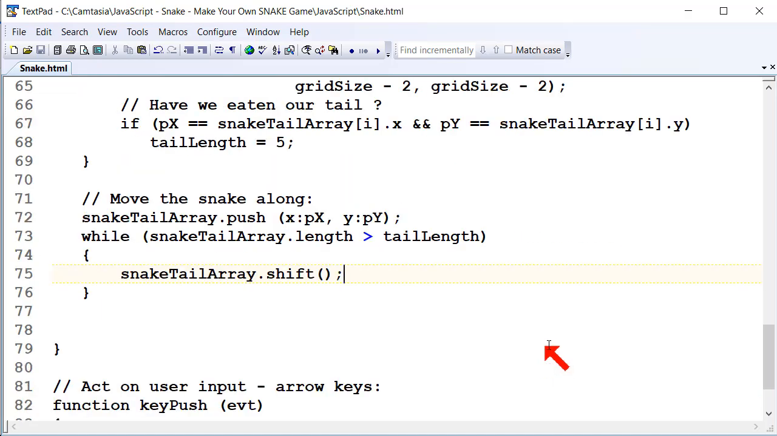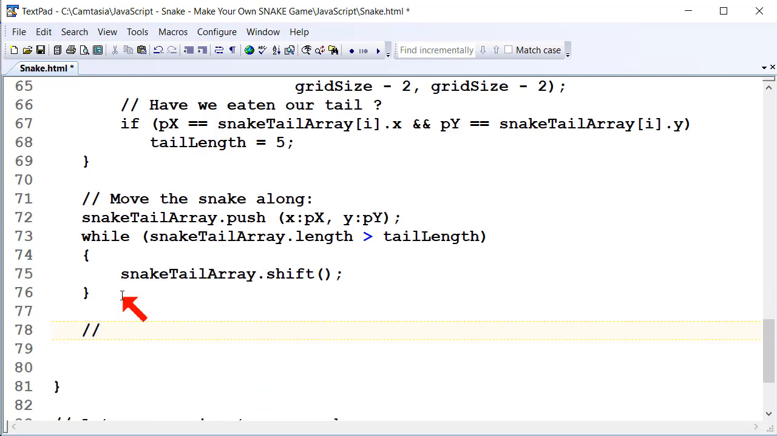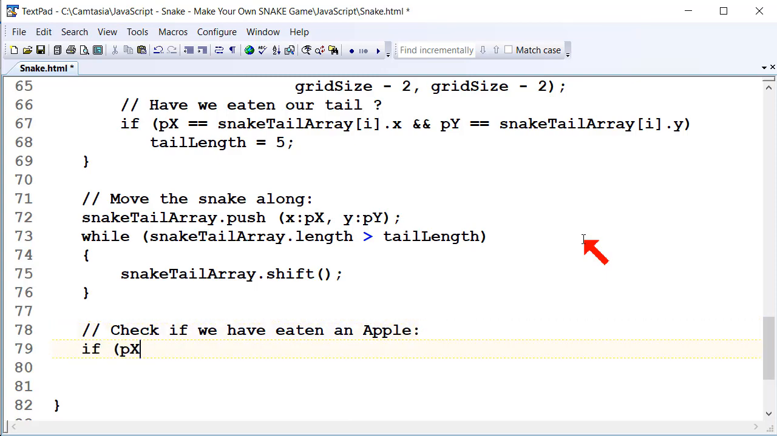And then the final little bit we want to do is check if we've eaten an apple. In other words, if the snake head, the px and the py, is equal to the apple coordinates, the ax and the ay. So if the snake's head, which is px, is equal to the apple coordinate x, ax, and the y's match as well, py is equal to ay, so the x and y coordinates for the snake and the apple are both the same, then we want to